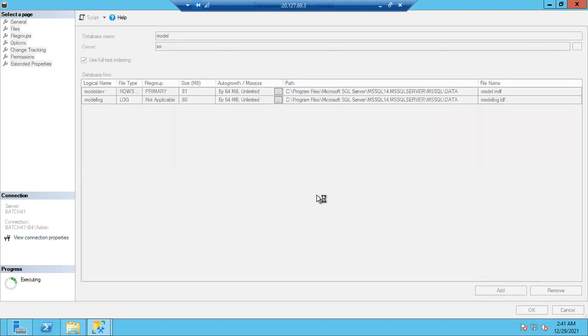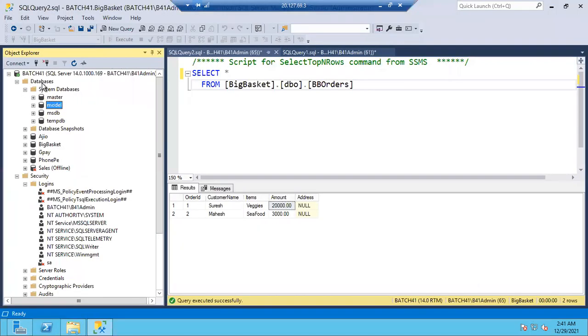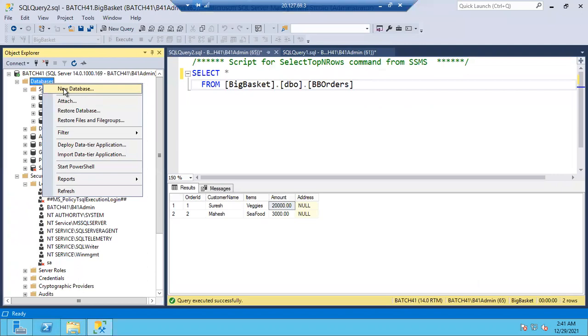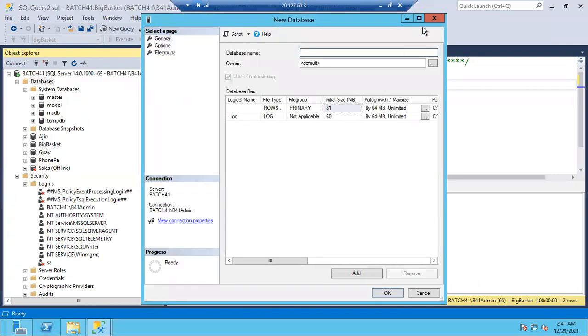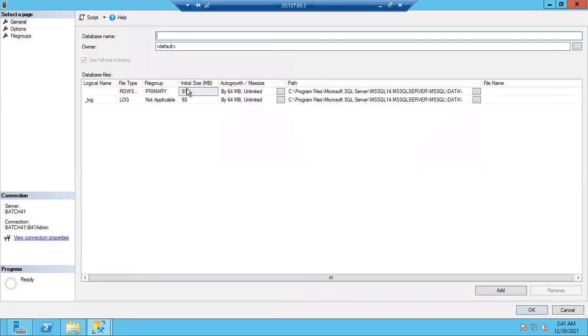Let me click OK, and let me create a new database now. Now tell me, guys, earlier it was 8 MB, 8 MB, right? Now if you see here, 81 MB, 60 MB. Is it clear?